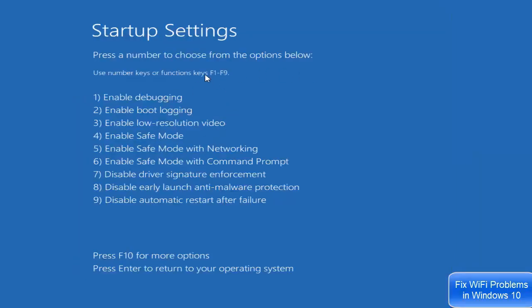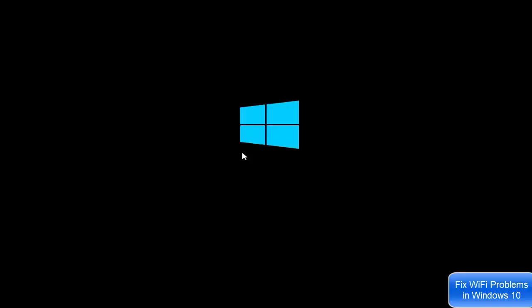Okay, so click on restart here, and on the next window you will be able to see this menu. What we need to do is enable the safe mode with networking, right? So I'm going to just press 5, which is going to start your Windows operating system in safe mode